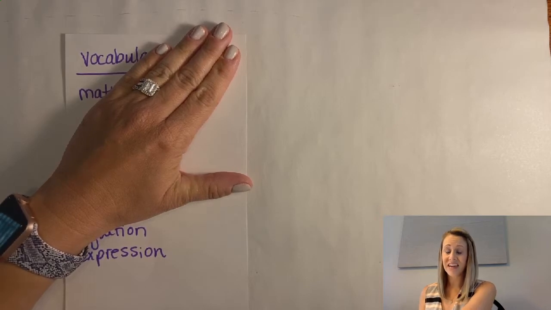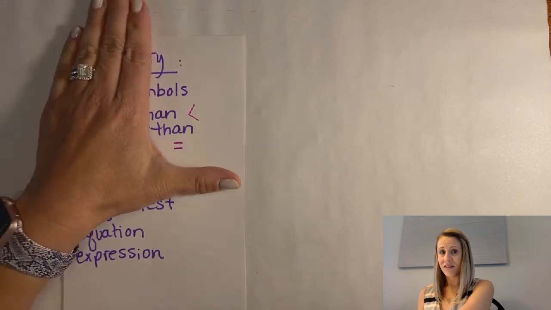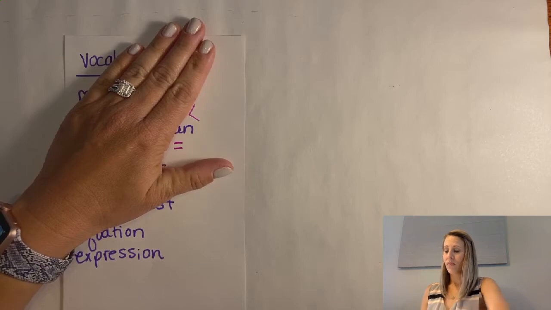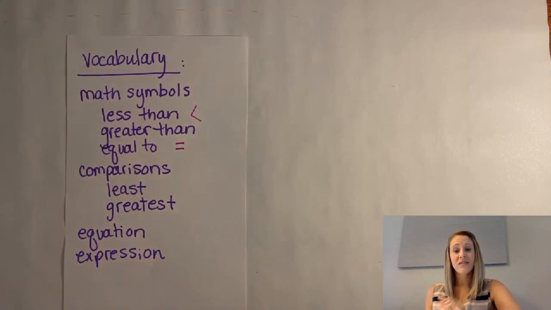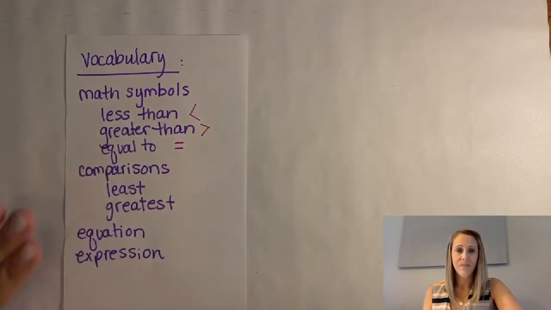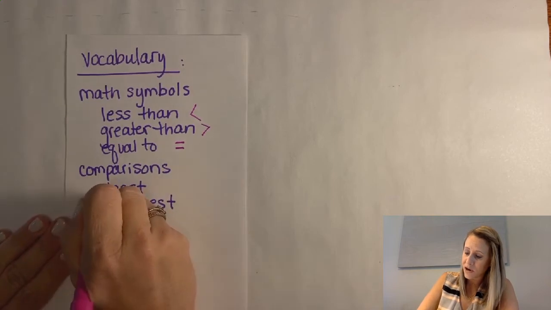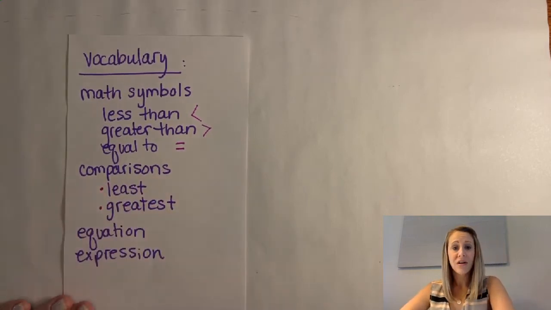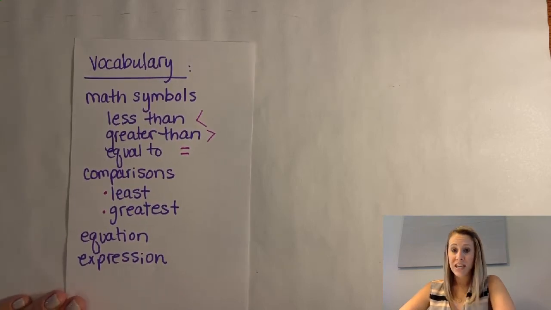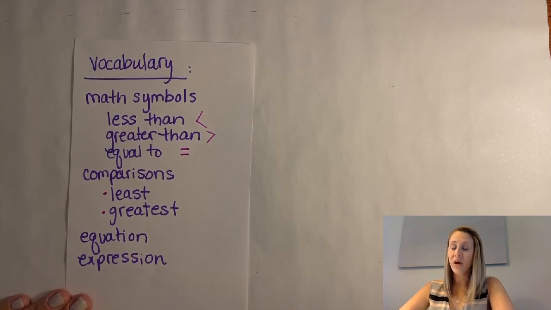So my left hand makes an L, which smushes to create the less than symbol. The greater than symbol goes in the opposite direction and looks like this. We're also going to use the words least and greatest to compare decimal values. So for example, earlier, the green had the greatest value, the blue had the least value of the two decimals